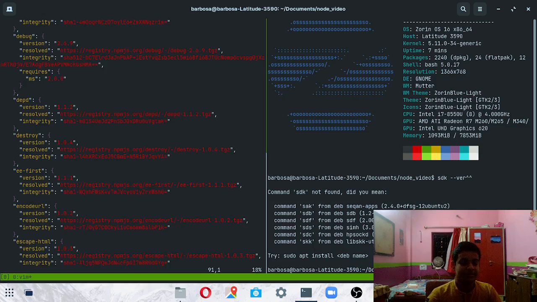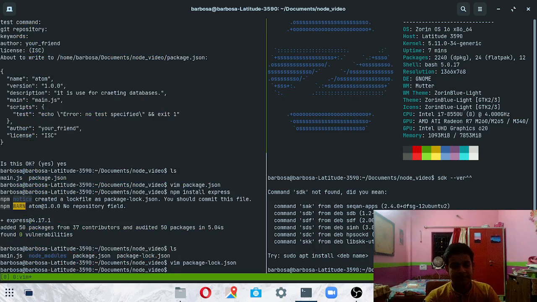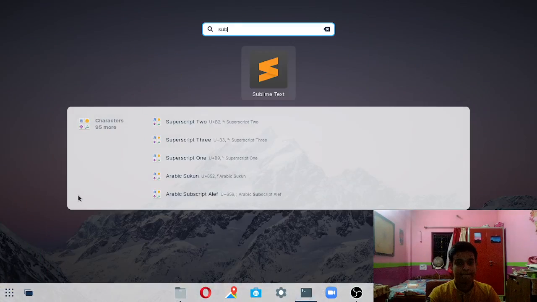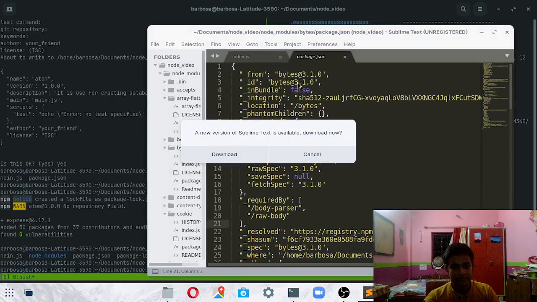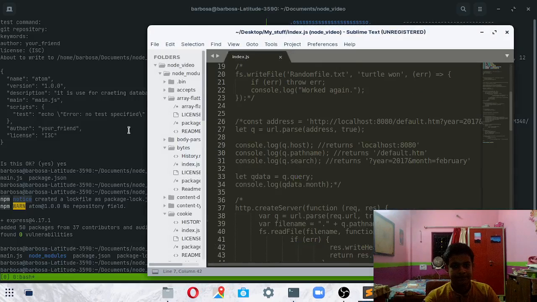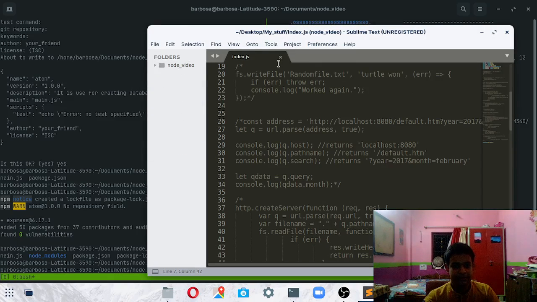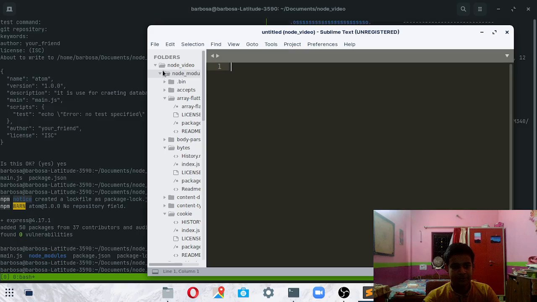To exit Vim, just press colon and Q. Now we are going to see how to create a demo of a server with it. I'm going to use Sublime Text here, and this is open here, node video.